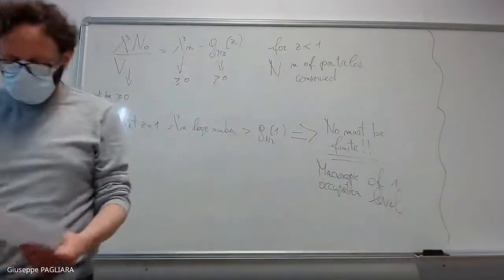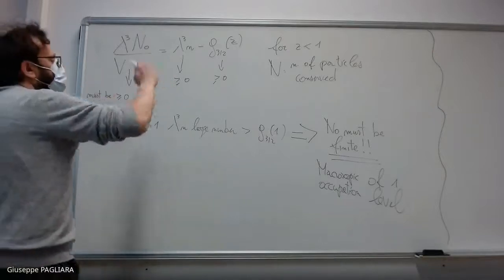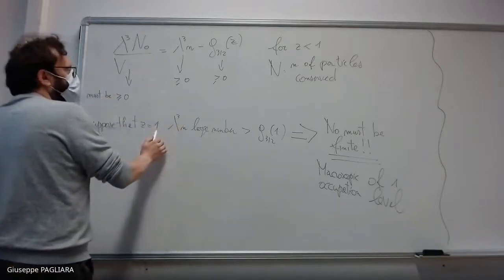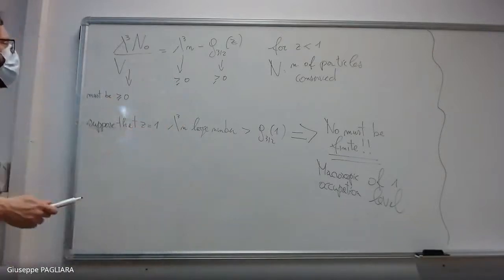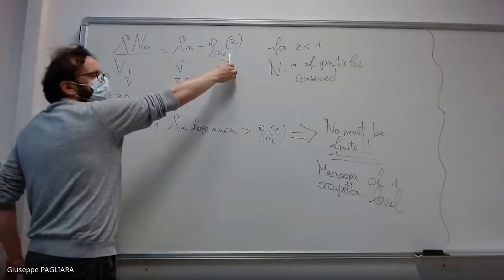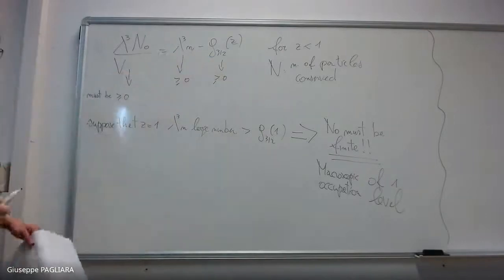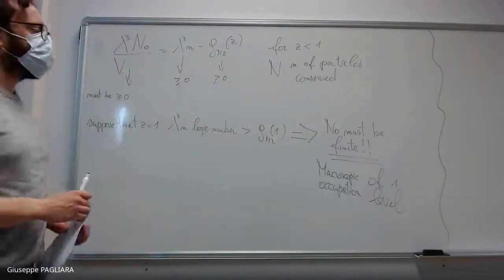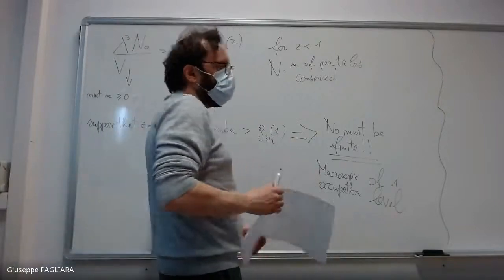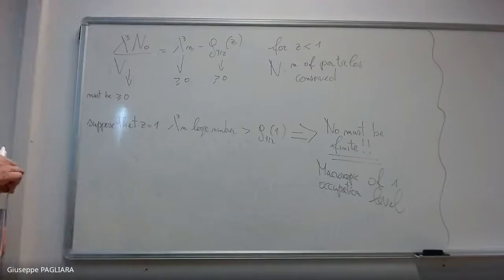And as I said before, this situation occurs when z approaches 1 or is equal to 1, and this number here is larger than this. Because in that case, n_0 must be a finite number. Why is this situation strange, weird? Because usually it's not like that. Usually, if I take the continuum,